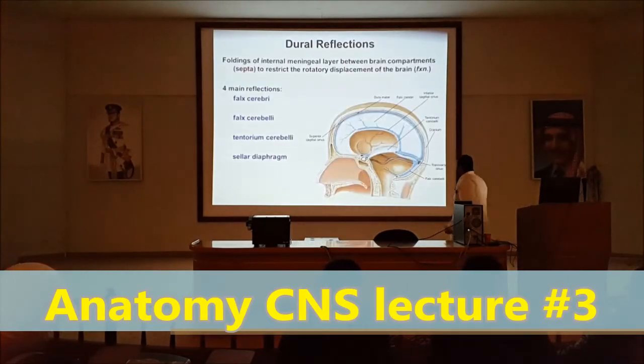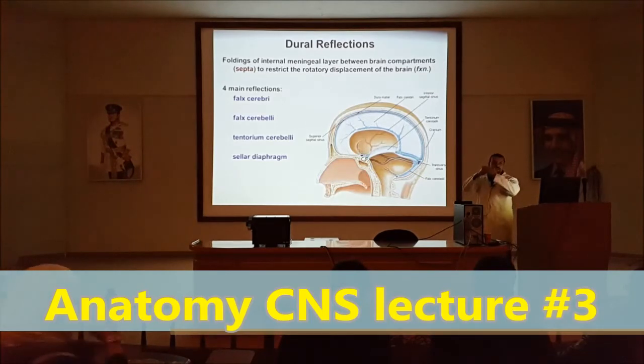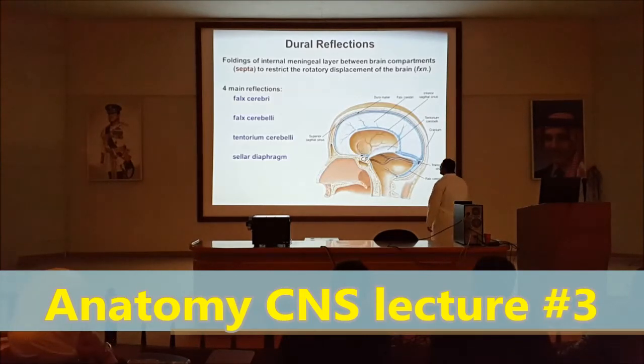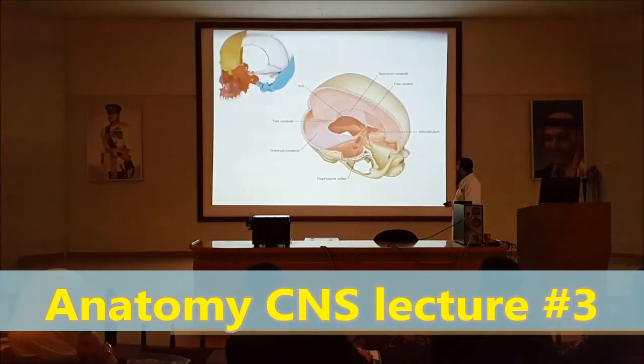Dural reflections, those are important. What we mean by reflection is folding. So the meningeal layer only, because the periosteal layer is firmly attached to its bones, just around the bone. So the meningeal layer of dura will fold to form what? Folds between the different components of the brain. If you remember,